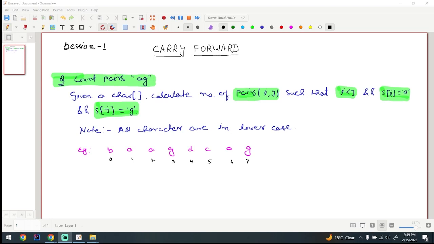So today we are going to learn another new technique called carry forward. So what is this carry forward? How we are going to use it? So this is a problem solving session. So mostly what we are trying to do, we are trying to